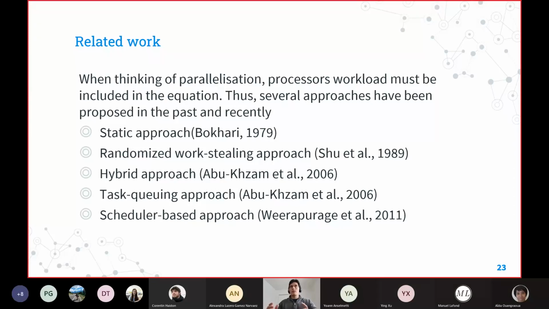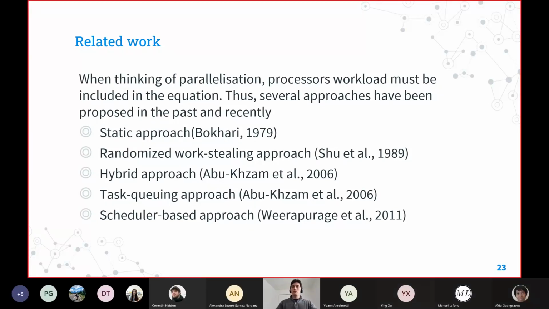It is one of the longest and most difficult problems to solve. In the past, several strategies have been proposed. Today, I'm just going to present you 5. Even some of the ones I'm going to present today are just a mix, a combination of others, or just an improvement of a previous one.